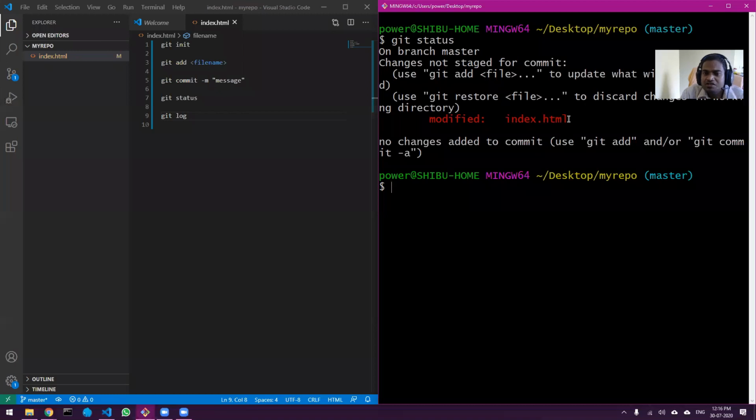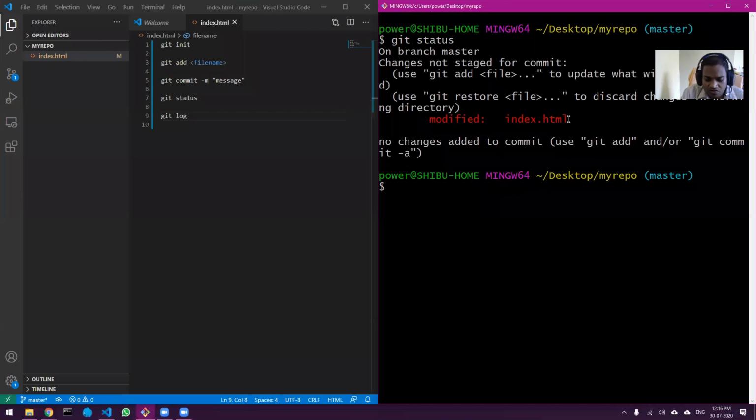This is very important to understand, because when you work on large projects, it is very difficult to find out which things you have changed. This status will help you find out which files you changed from the past commit.